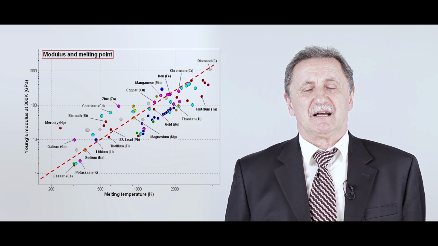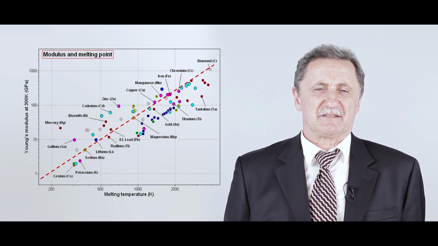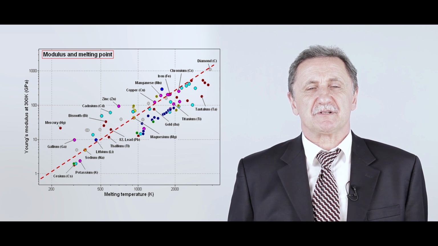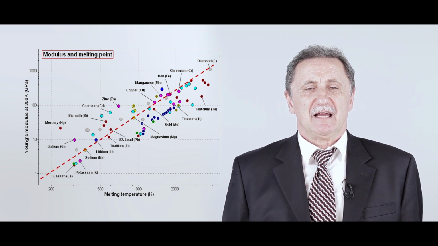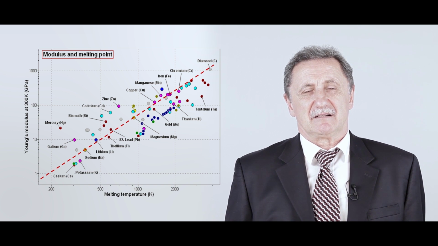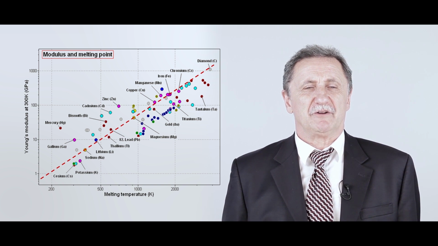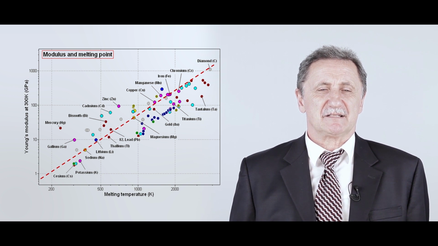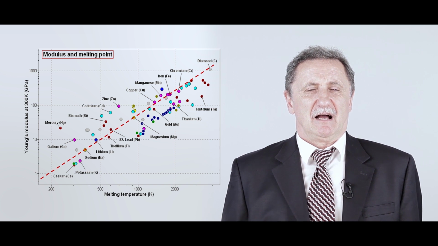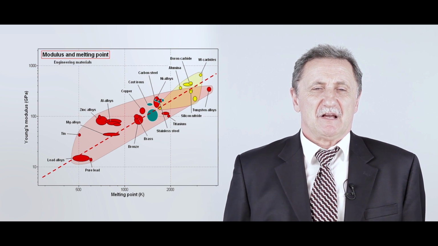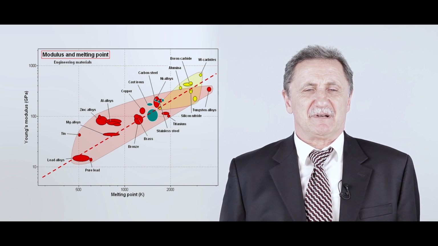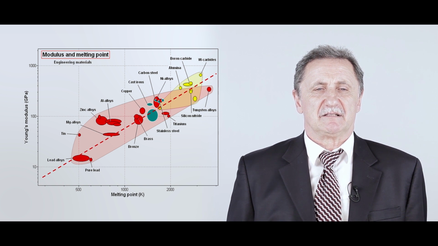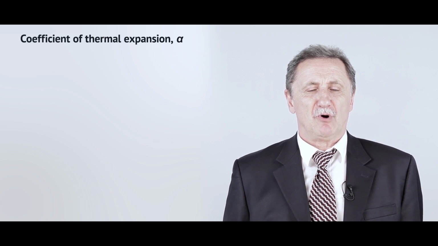And so this screen very nicely demonstrates the idea that all elements with high melting point have higher Young modulus. And this nice characteristic relation stands not only for elements, but for all known materials, including metals and alloys, ceramics, and even polymers. So again, the next screen demonstrates this idea. A material with higher melting point typically has the higher Young modulus.